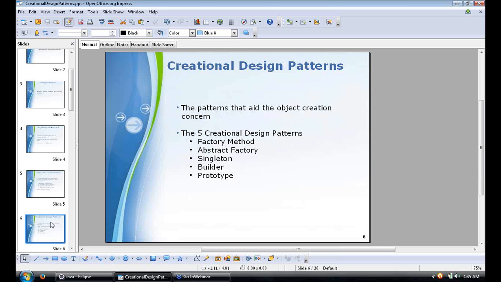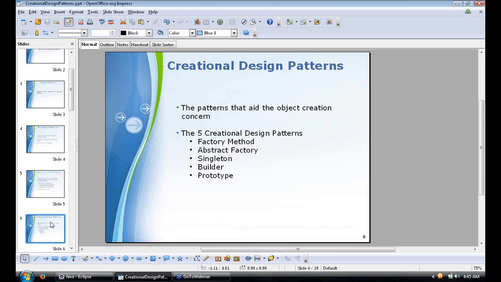Each of these design patterns has its own style of creating objects or constraints on object creation, and you could mix and match. There is no dictation that you must use only one of these design patterns. Of course, there are no hard and fast rules when it comes to design patterns. It all comes out of experience, and you use what best fits your needs, as long as it makes sense for your application, right? So we have the 5 creational design patterns that we are going to talk about in